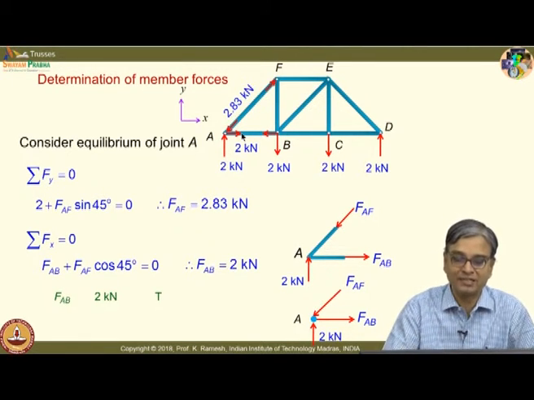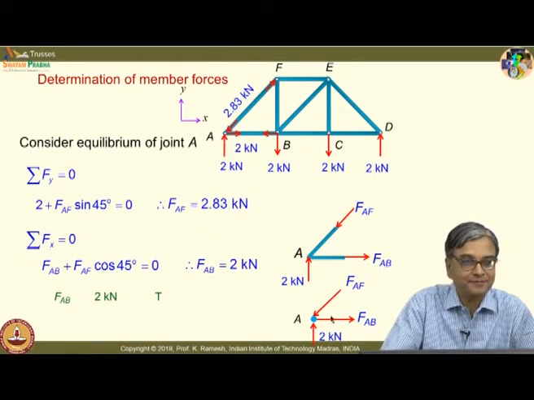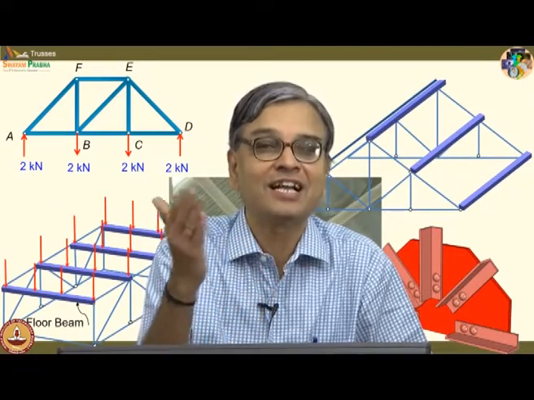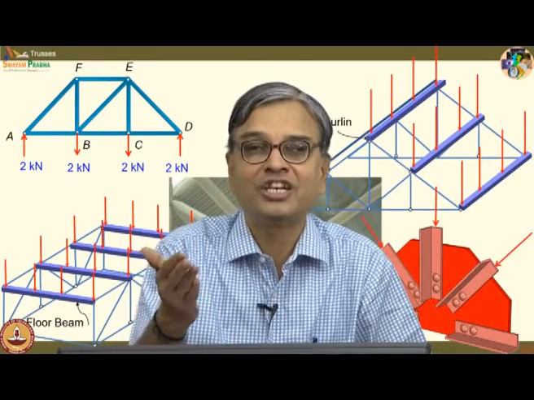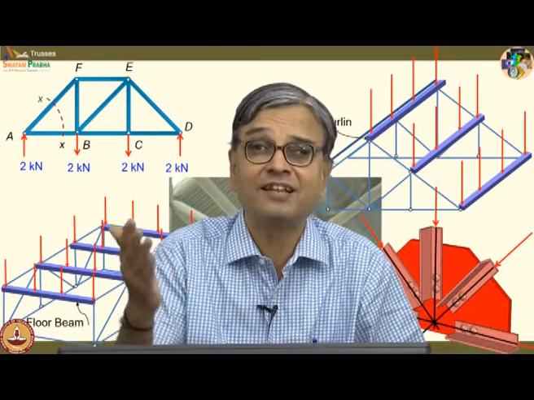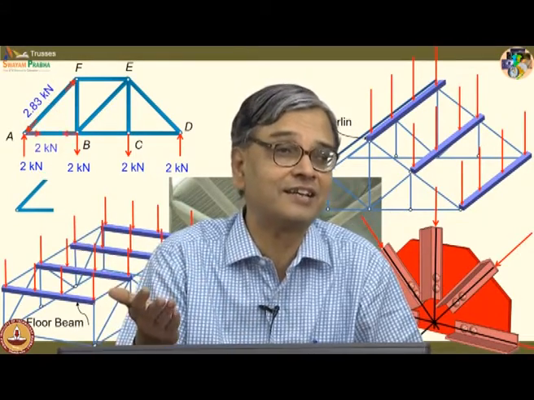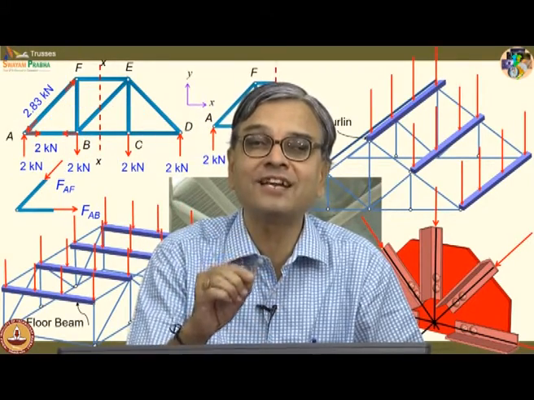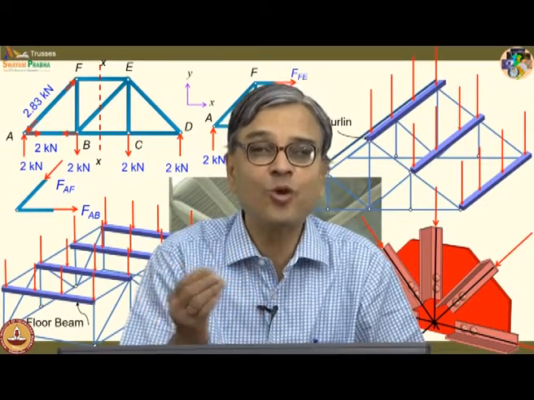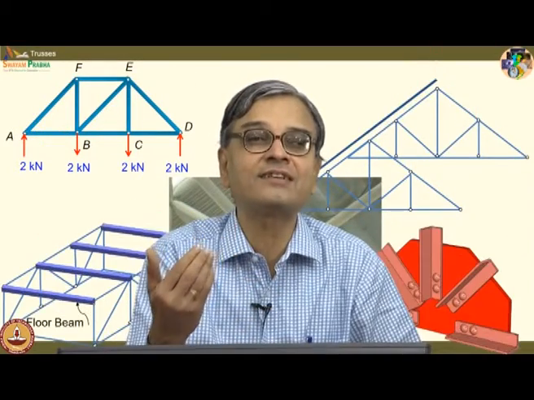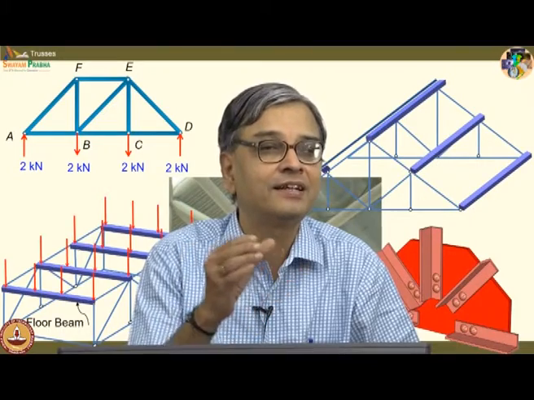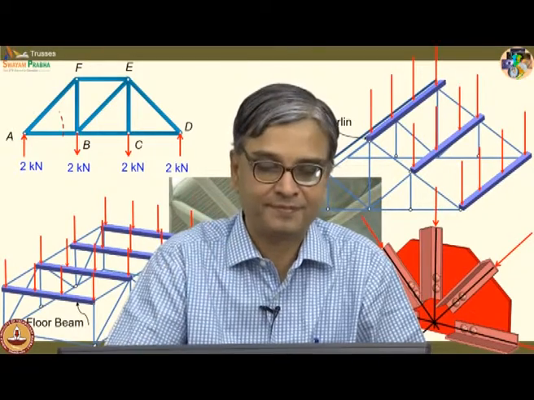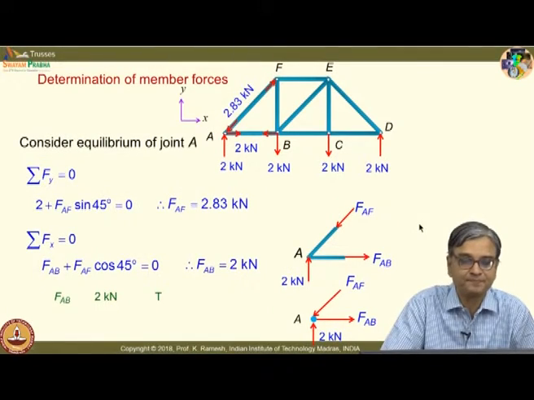Now, what we will do is, we will look at what happens in a pin. We have already seen no truss has a pin jointed construction except the Chennai Central Station has a truss. I think it should be there for the last 100 years, and you have that completely on pin joint. All other trusses are, it is only idealization. But let us go back and see what was the interaction between a pin and the bar in which you have a hole where you insert the pin. Okay. Let us go back and then see.